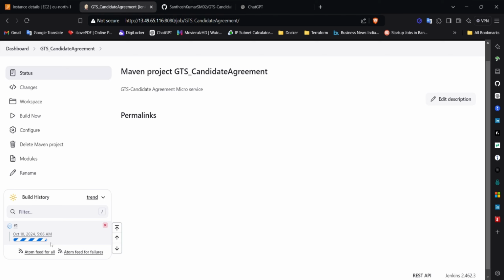So just click one time, do not click more than one time, and wait for some time to build the project. After the build is successful,